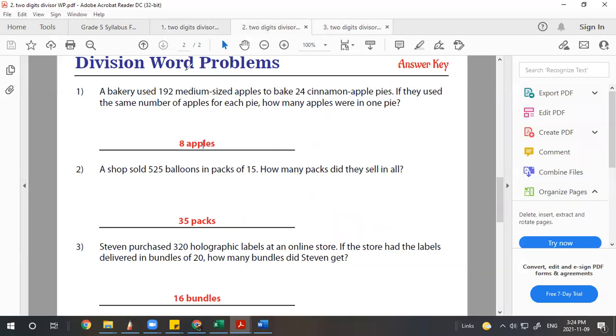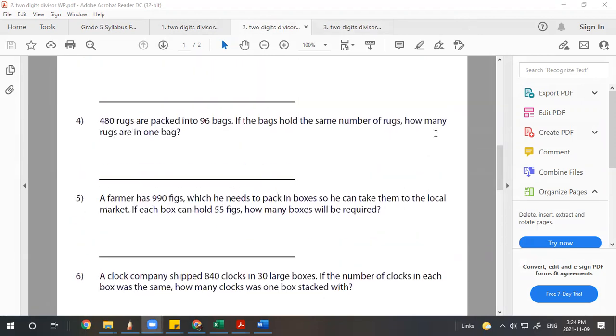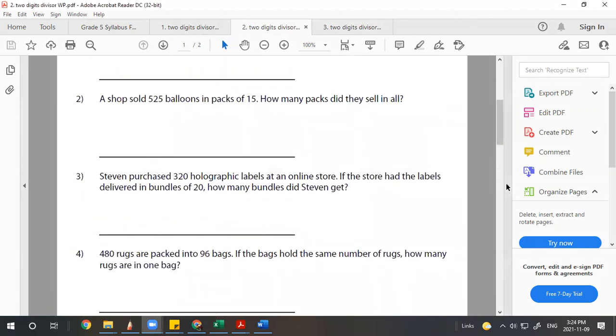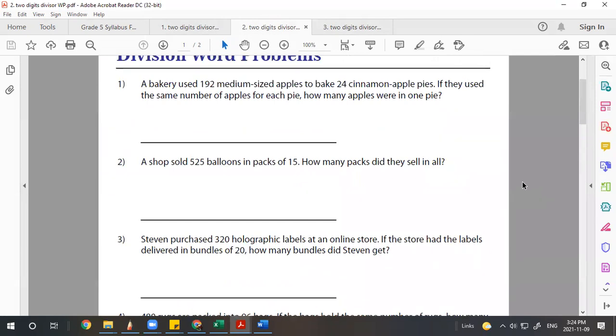So you have to understand: 192 medium-sized apples is the amount of apples to bake 24 cinnamon apple pies. So you can just divide by 24, and you can do the rest, the multiplication or the division, I mean. Okay, but I don't want to give you the answer key yet. I will give you the answer key later, but we try to discuss without it. So 192 here,